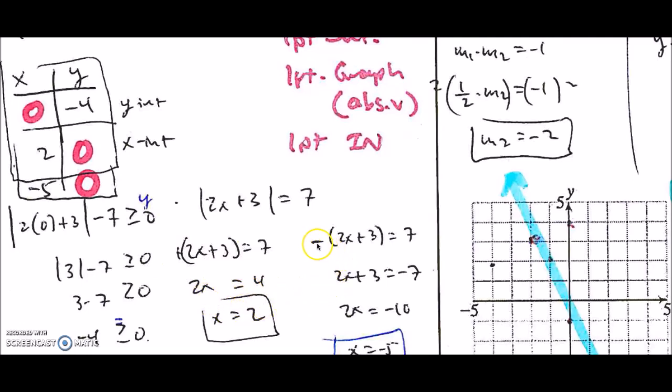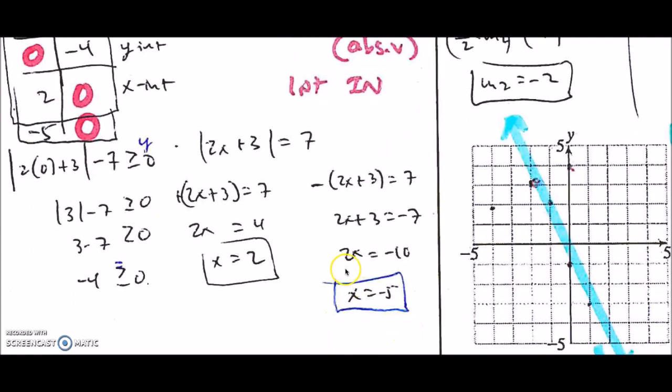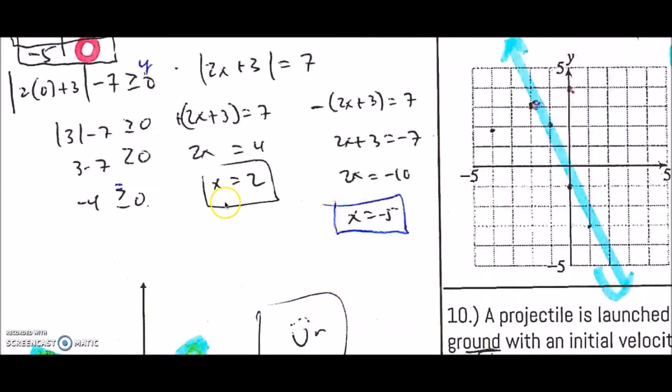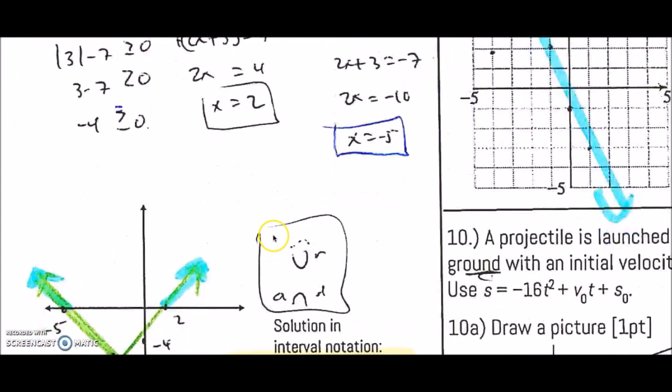And then on this side, you can divide both sides by -1. 2x plus 3 equals -7. Subtract 3, 2x equals -10. And then divided by 2, you get x equals -5. So then you have these 2. So when you graph it, those are going to be our x-intercepts